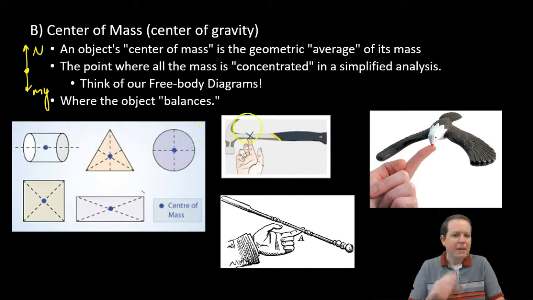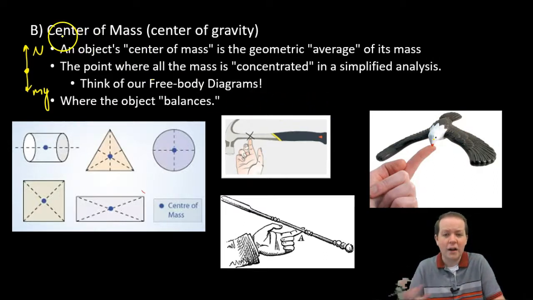But not always. If you have objects that are of different kind of shapes and sizes, like a hammer. I have this desk toy in my own classroom. Okay, it has all different shapes. The center of mass is a location, where we can kind of simplify the mass of the object. It's a helpful hint: it's where the object balances.